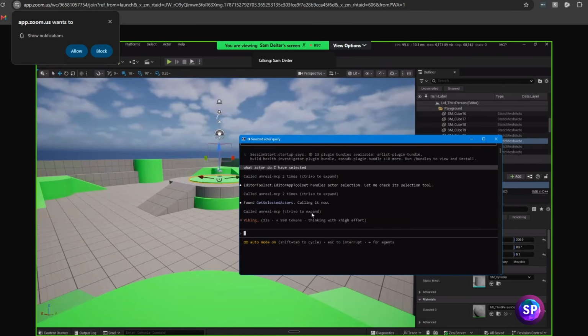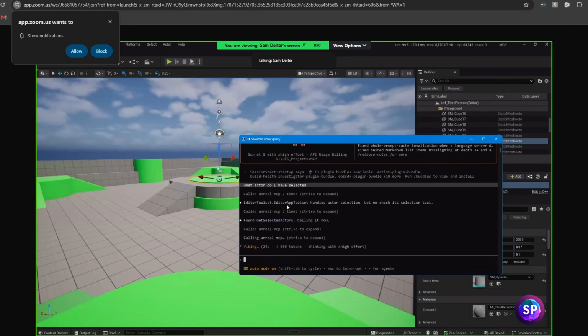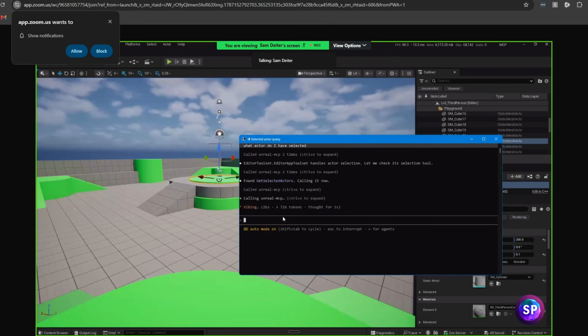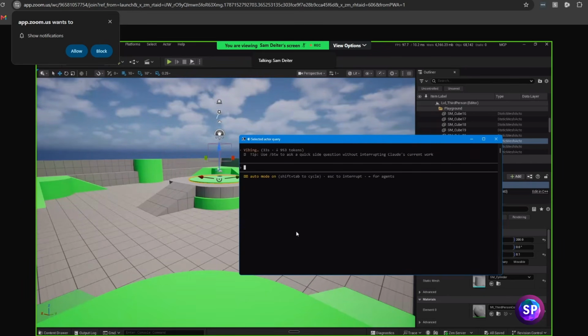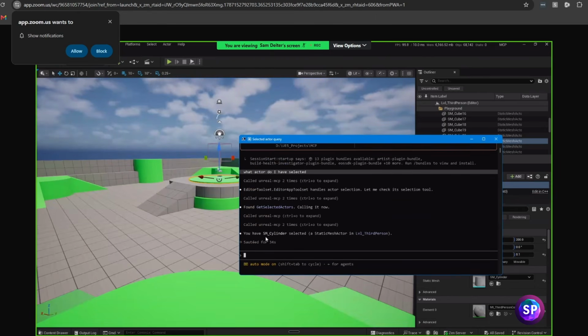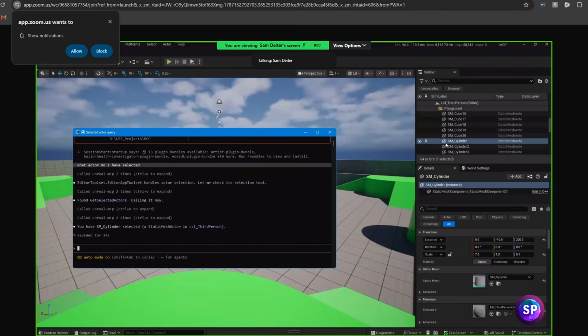Although this is probably a complete waste of tokens because it's something very, very simple, let's just make sure that it works before we go on to doing something a little more complicated. So you have SM cylinder selected. So that is right. Okay, perfect.